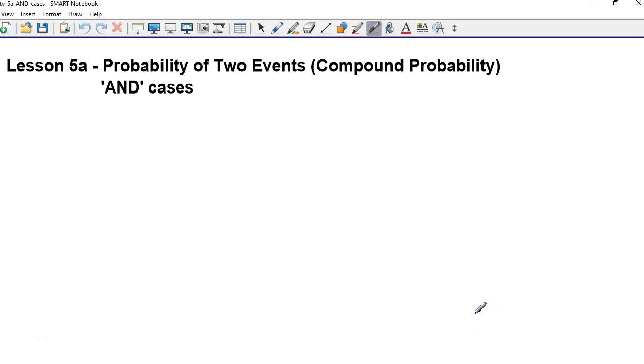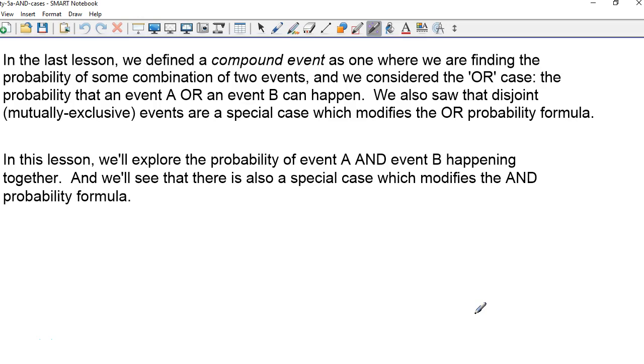Okay, here in Lesson 5a, we're going to continue our discussion of probability of two events called a compound probability, but this time we'll talk about AND cases. In the last lesson, we defined a compound event as one where we're finding the probability of some combination of two events, and we considered the OR case, the probability that an event A or an event B can happen